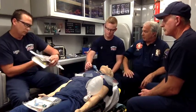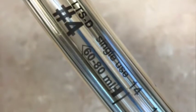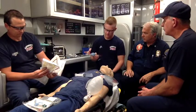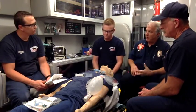Yes, so tell everybody where it's at. You're looking right at it. On the back side of the tube, next to the size number, it'll tell you, and also the placement marks. Excellent. It'll tell you 60 to 80 on the number 4. Awesome. So I think that's super important to remember: make sure you know your equipment,